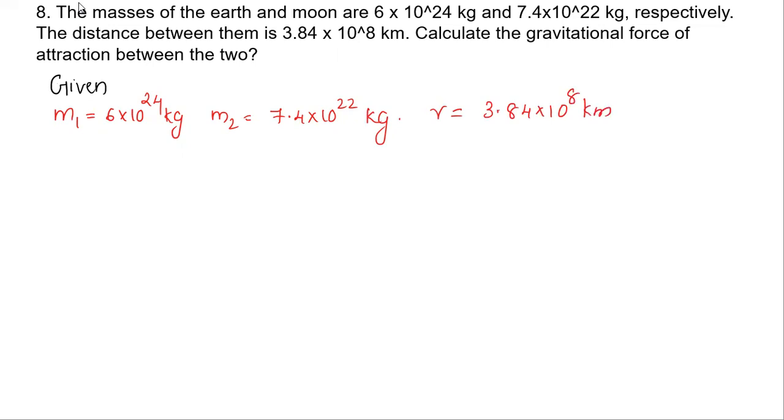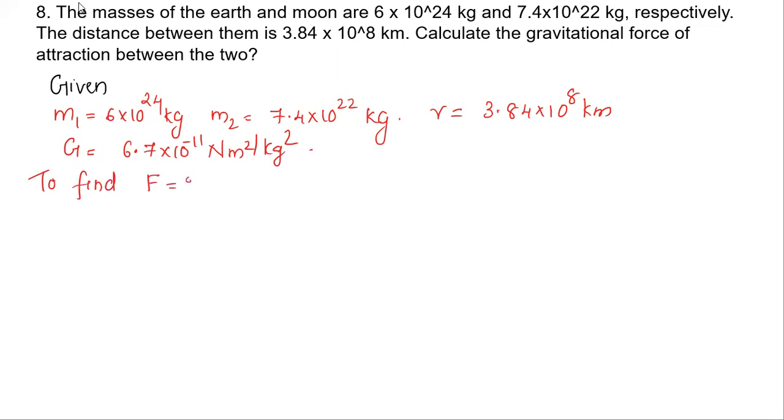In the textbook it is given 5. Change that. Okay, it is 10 raised to 8. Now, calculate the gravitational force of attraction between them. We know the universal gravitational constant value is 6.7 into 10 raised to minus 11 Newton meter square per kilogram square. We want to find out